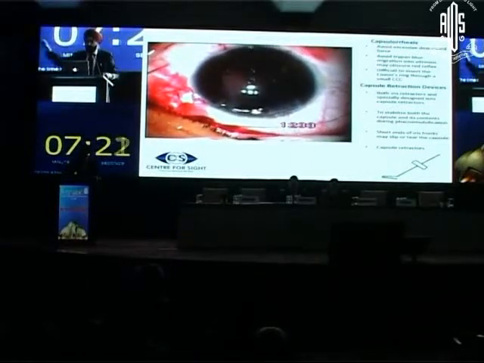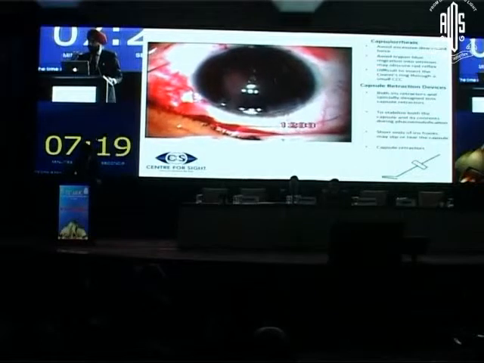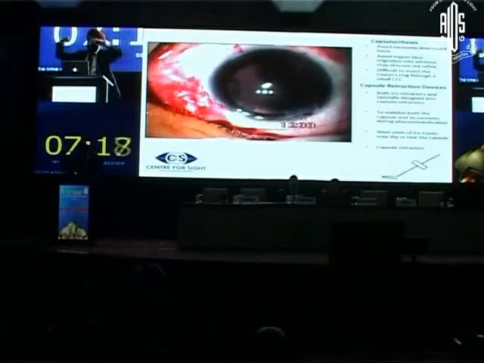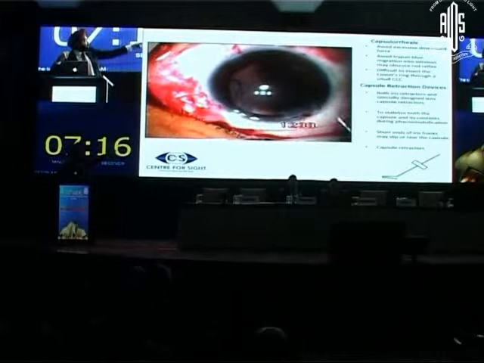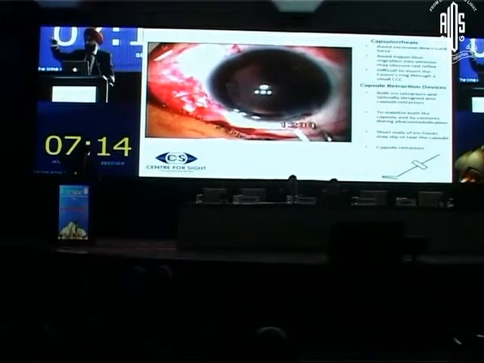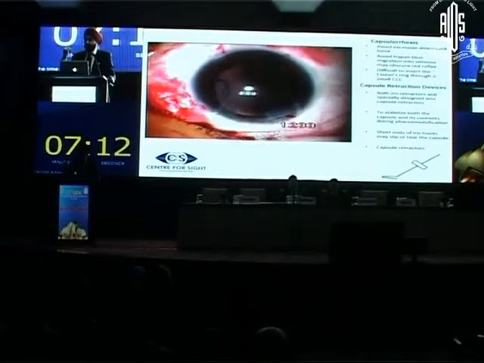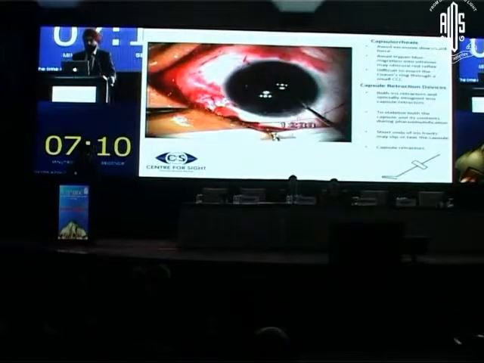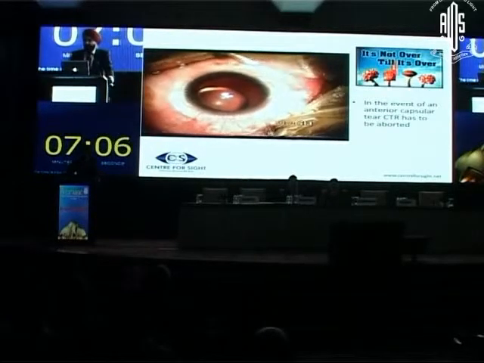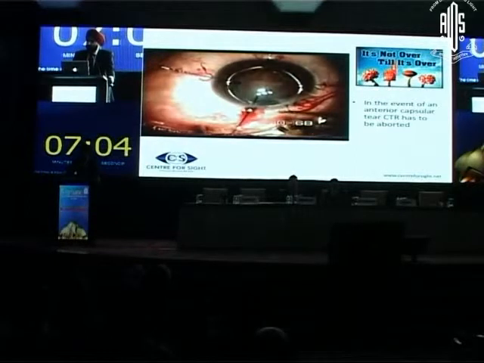So you see when we pull, the eyelet will pull it, and you have the ring in the bag, and there you see that's the eyelet. This loop will be over the capsular bag. So this is what you do, and then you go ahead and finish the surgery. Now, everything is not over, still it is actually over.